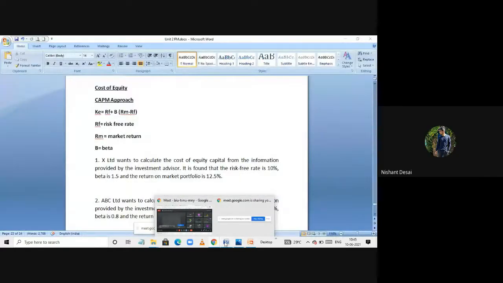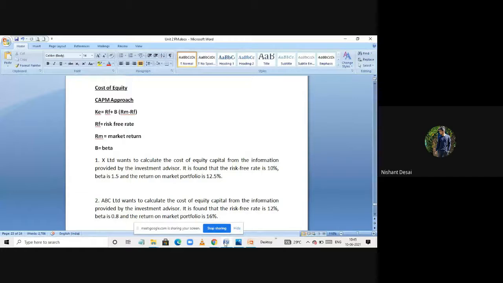Ma'am, actually, I have a question. Where can we find the beta of a particular company, like online or somewhere? Online, I don't know, I have not checked, but usually the company calculates its own beta by using the variance and standard deviation formulas. Whatever is the market return compared to their return, they will see the variance differences, then they will judge what their risk is and find the beta values. Now the companies should disclose beta values online. I have not checked, but I think you will get it.